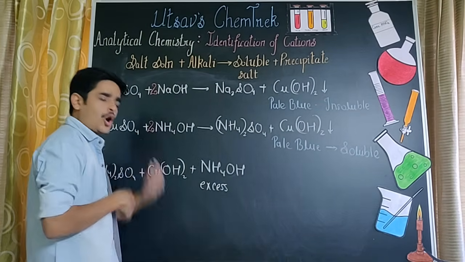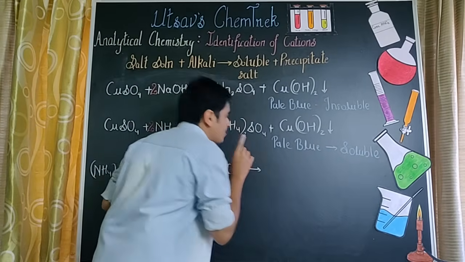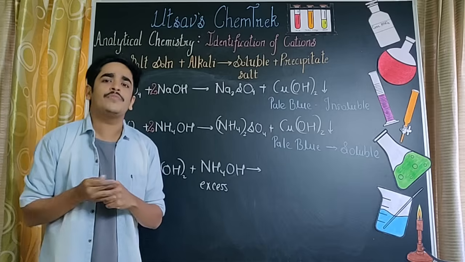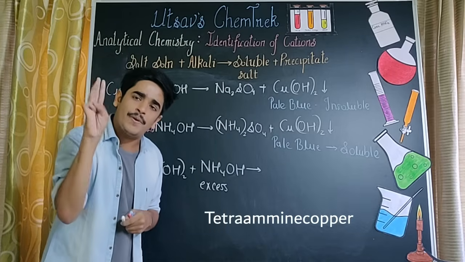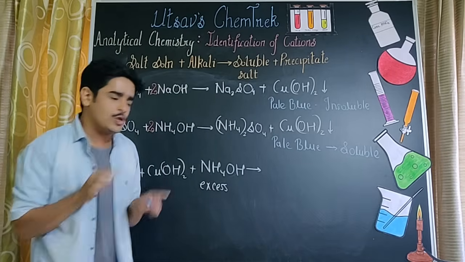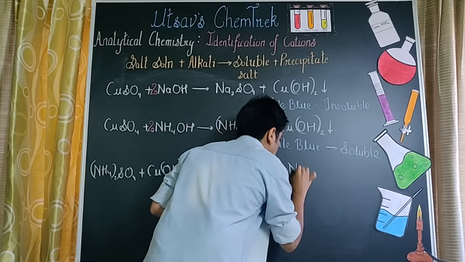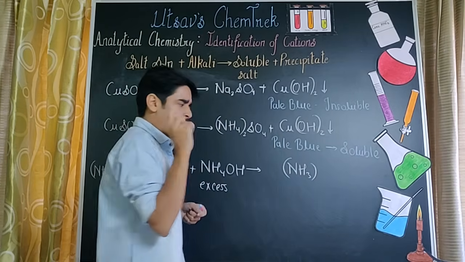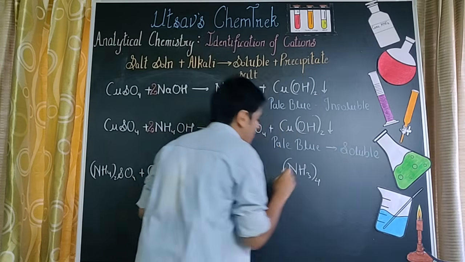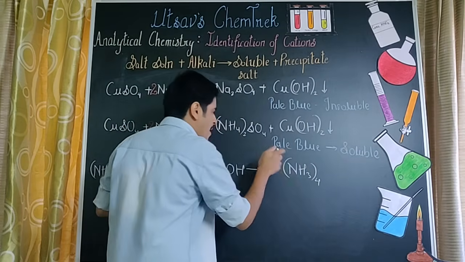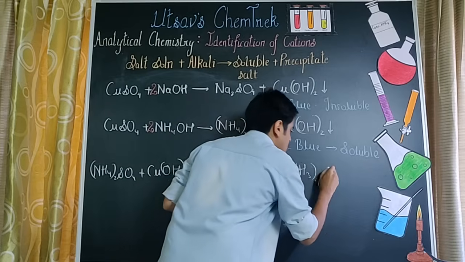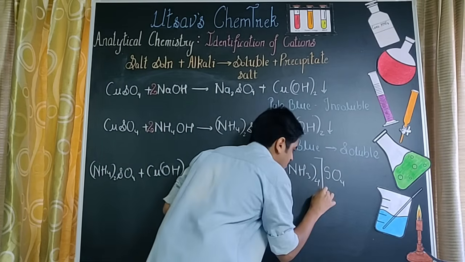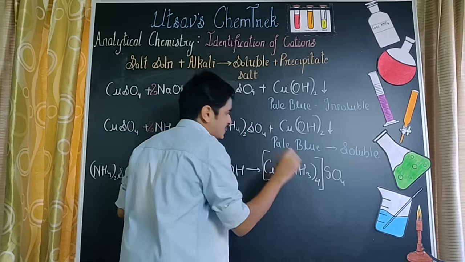which means I'm going to put a lot of ammonium hydroxide. I am going to get the formation of a complex salt. नाम बता दे रहा हूँ, सुन लो. It's tetra amine copper sulfate. Amine ग्रुप का मतलब होता है NH3 in brackets. Tetra का मतलब होता है 4. So I put 4 here. And I said tetra amine copper sulfate. It's a complex salt. I put this in brackets.